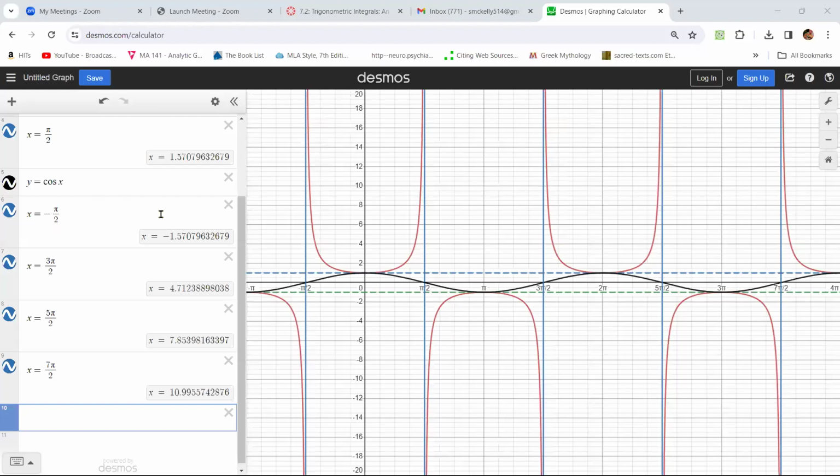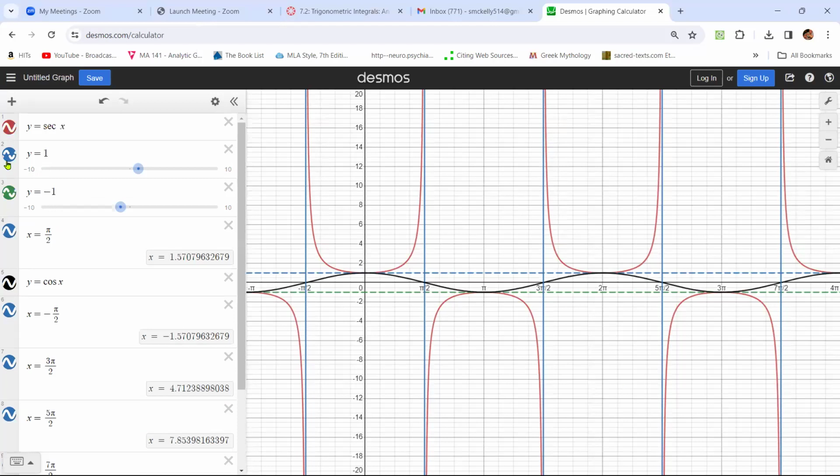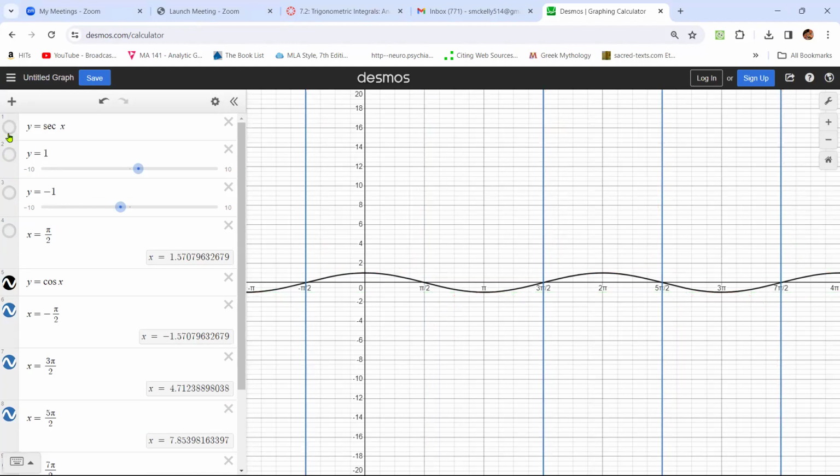So here is a graph. This looks rather busy. I'm going to turn some of this off. This is a Desmos graph. I'm going to turn off some of this in a second. I'm going to turn off my numbers and turn off the secant here, and I'm just going to leave